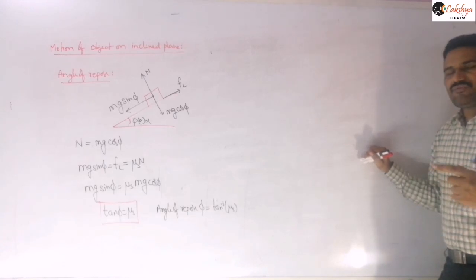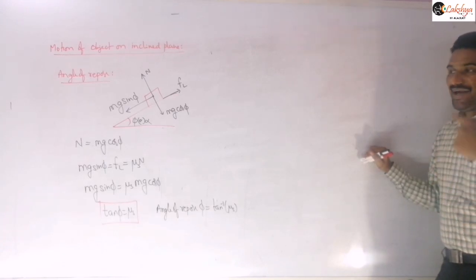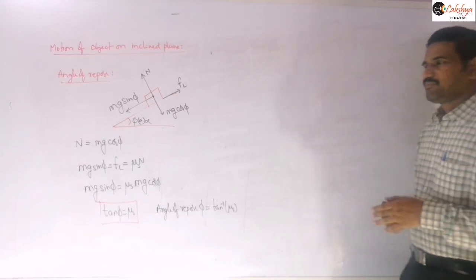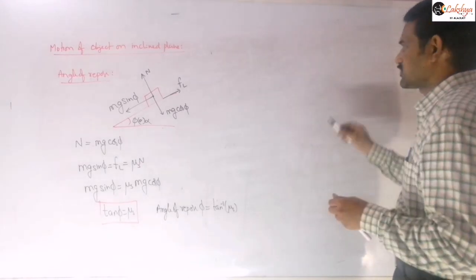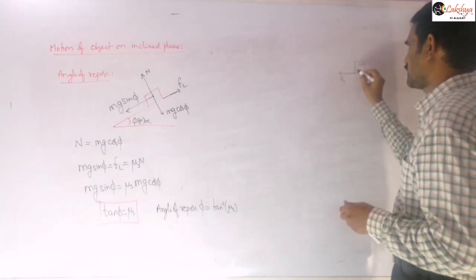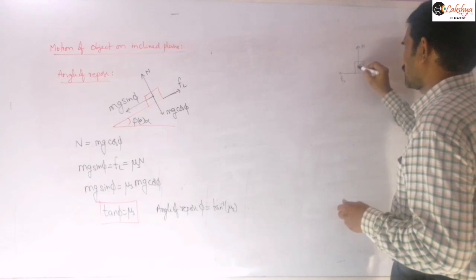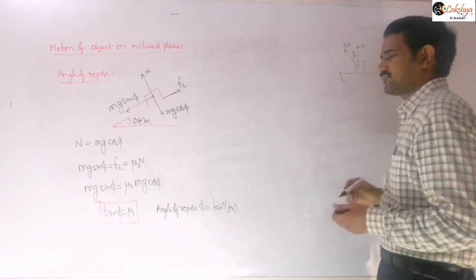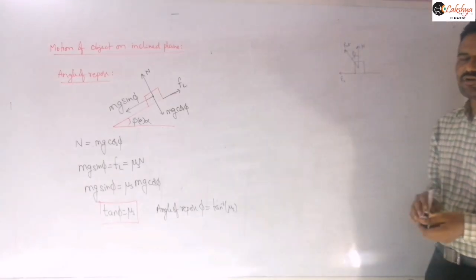So there, the angle we named the angle of friction. Angle of friction means the angle made by the net contact force with the normal. If a block is kept like this, the frictional force is acting like this and the normal reaction is acting like this, then this is the net contact force here. The angle made by this net contact force with the normal reaction is nothing but our angle of friction.